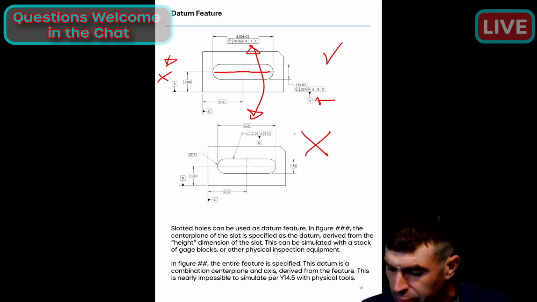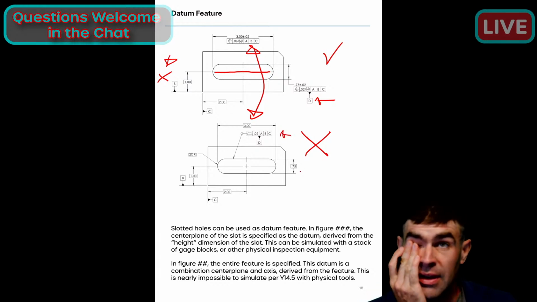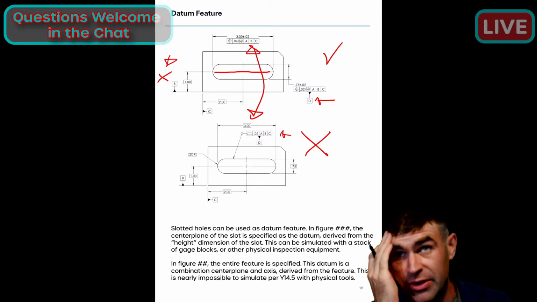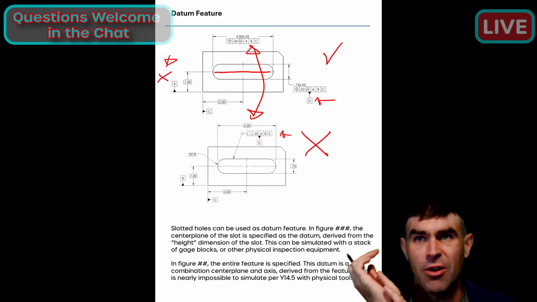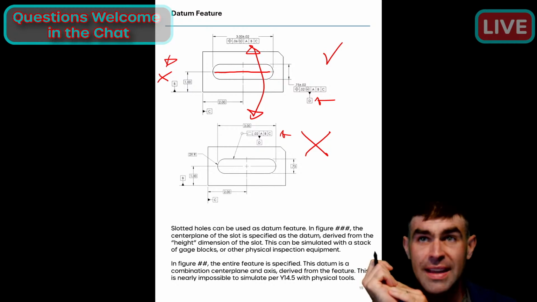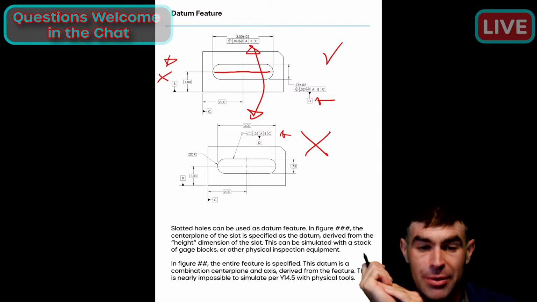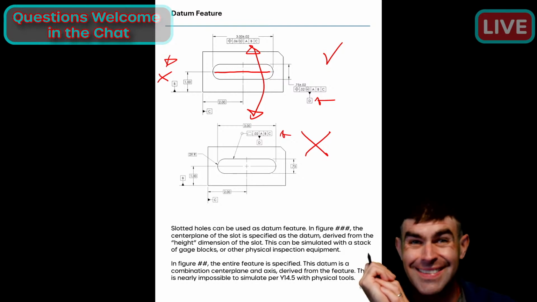What I don't agree with is this second one. Again, this is shown in the datum section of Y14.5, having this slot shape feature. I think they call it an extruded feature or something. Using that as a datum, I really don't recommend that because you really need a computer to